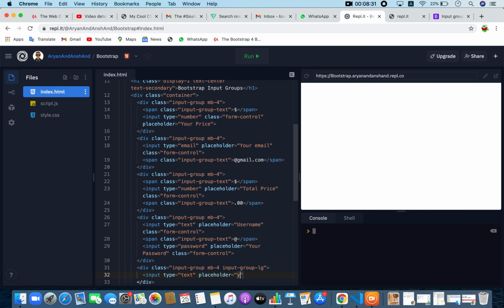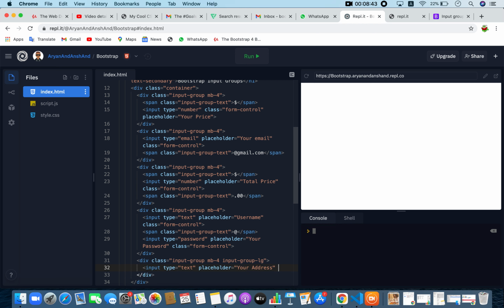Placeholder is your address, and class will be form control.